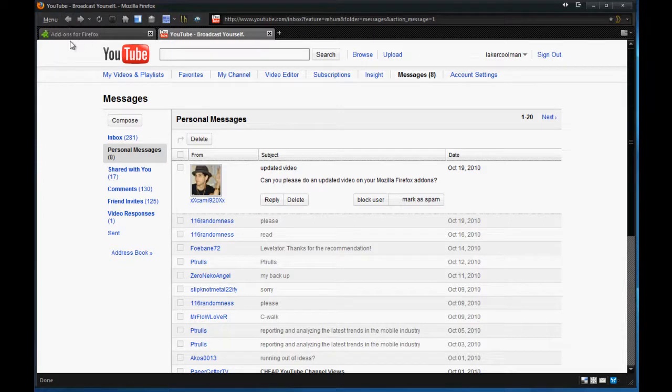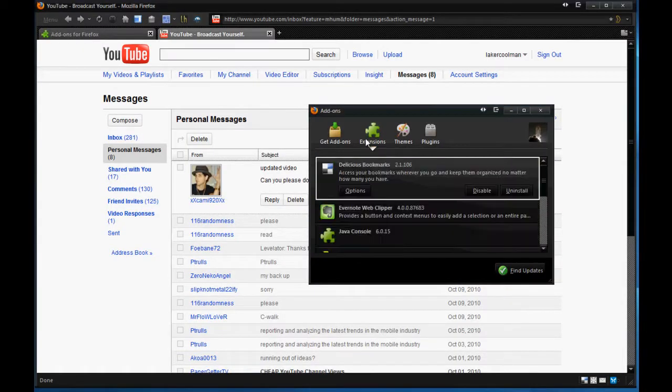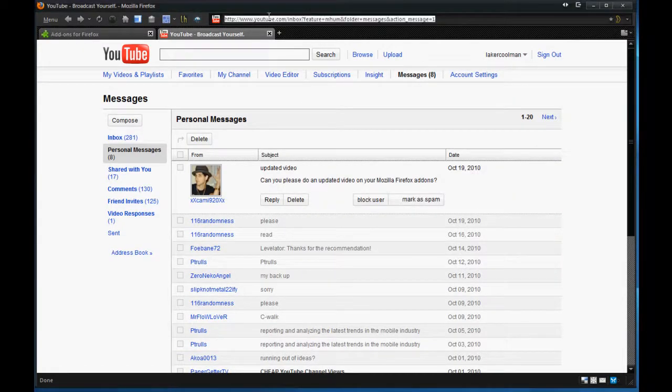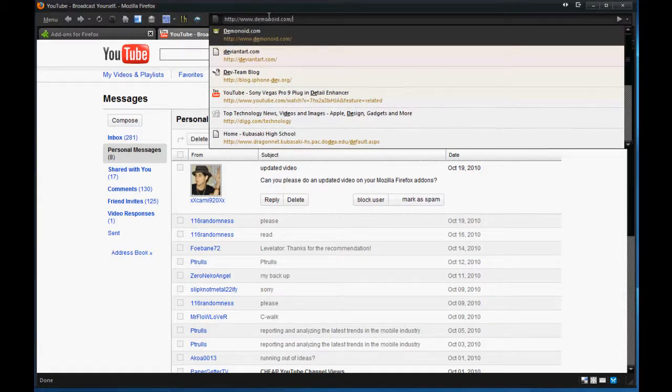Alright, and I use another add-on, which I'll be getting onto later. So, yeah, I use NASA Night Launch as my theme, and going back to the add-ons, first off is Delicious Bookmarks. Now, Delicious is in cooperation with